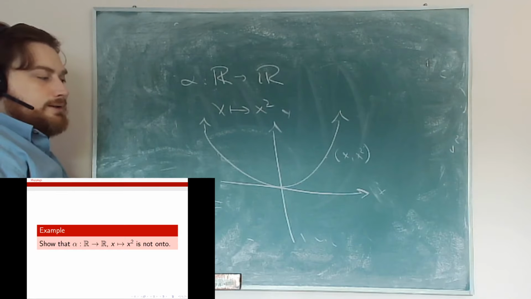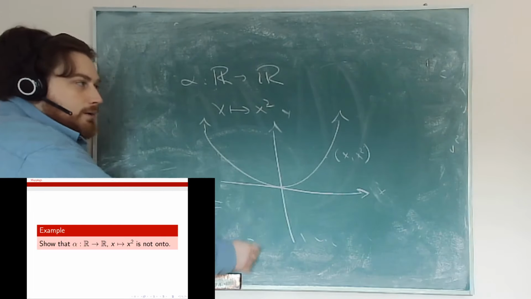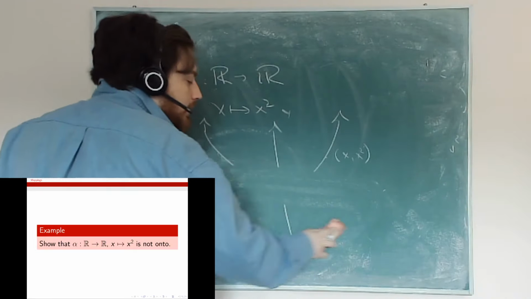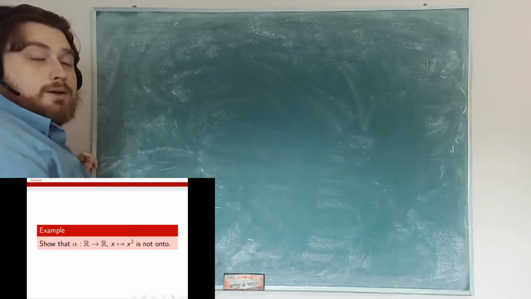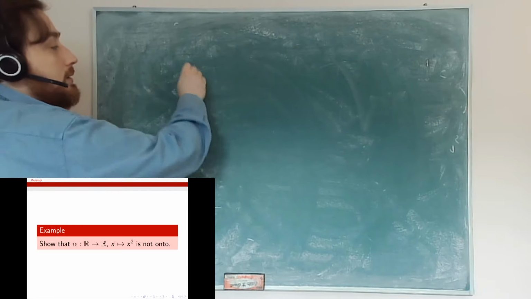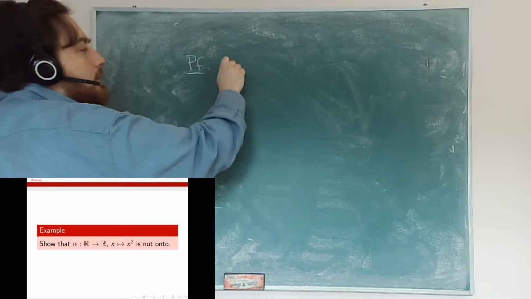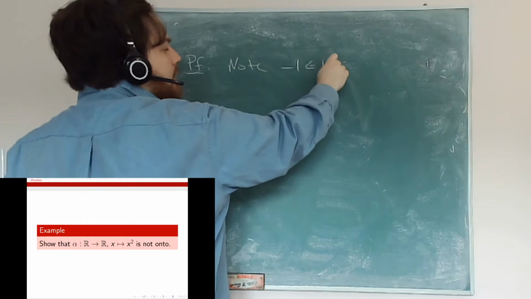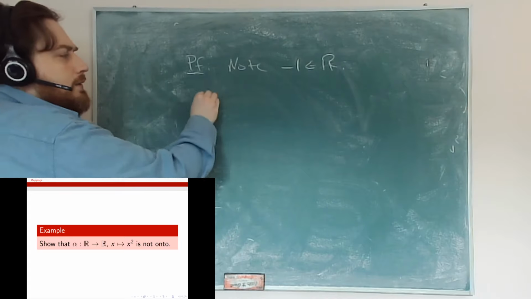So, is there something that doesn't get mapped to? Well, if we look at our picture, it becomes clear that any negative number would work here. So for example, -1. So what we can do is show that nothing gets mapped to -1. So what we would do for our proof is note that -1 is in the codomain, which is the set of real numbers. Furthermore,